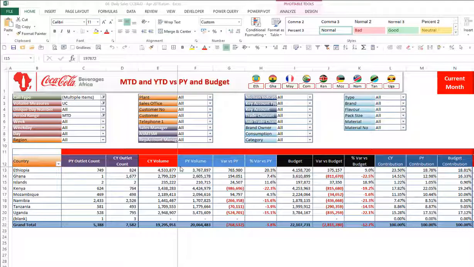Right, the next measures are the volume. So whatever volume measure you have selected there would show here, current year, previous year. It would show you the variance and also the percentage variance versus prior year. It's very similar then for budget, and then it shows your current year variance versus budget and current year percentage variance. The last three columns are simply the contribution for current year, previous year and budget. Right, so whatever you have here on the left in your row area would be expressed here as a contribution. Further to the right,